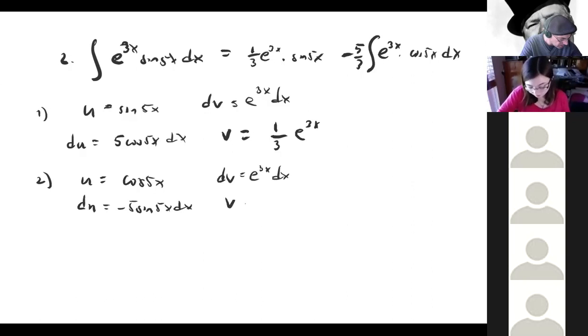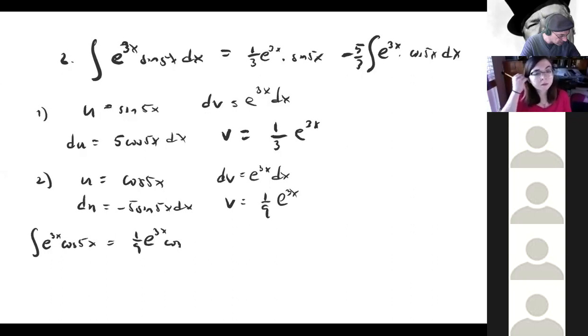So v is 1/9 e to the 3x. And so we're able to then write the integral of e to the 3x times cosine of 5x as u times v, which is 1/9 e to the 3x times cosine of 5x, minus